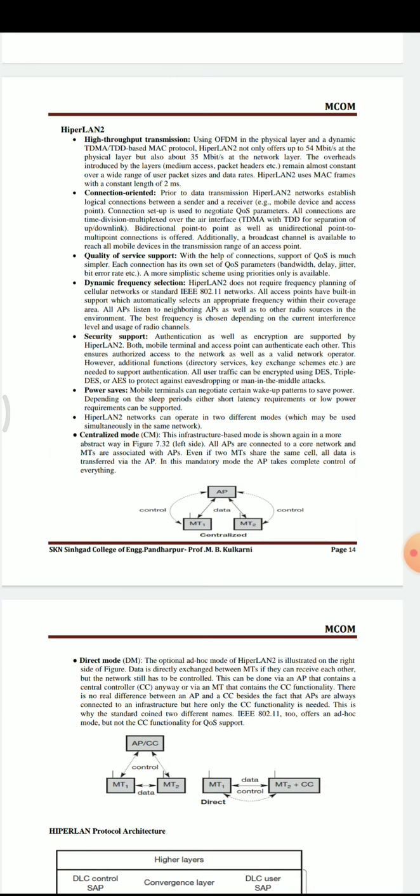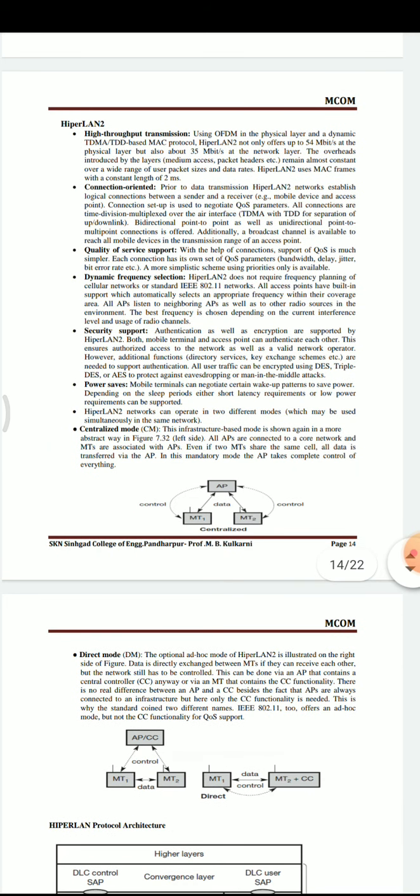The next feature is dynamic frequency selection. HyperLAN 2 does not require frequency planning as in cellular networks or the IEEE 802.11 standard. All the access points have inbuilt support which automatically selects an appropriate frequency within their coverage area.